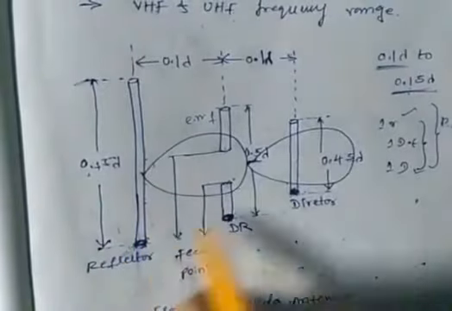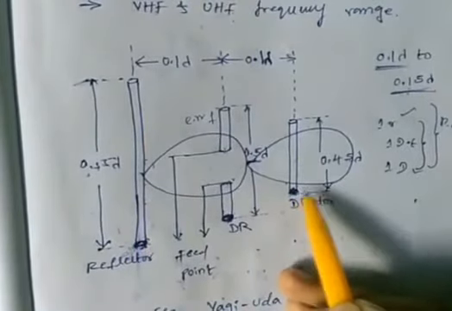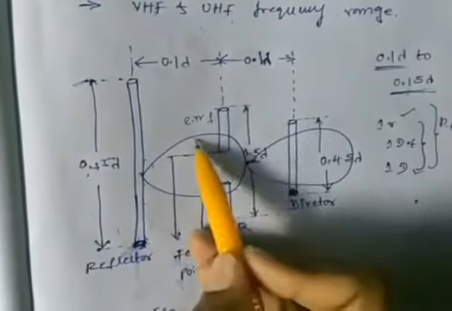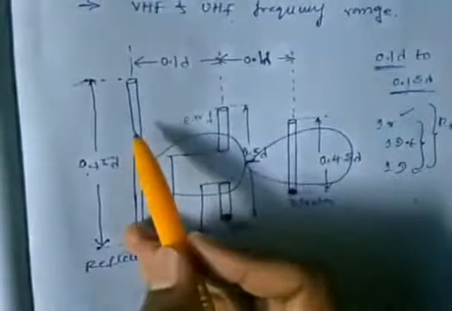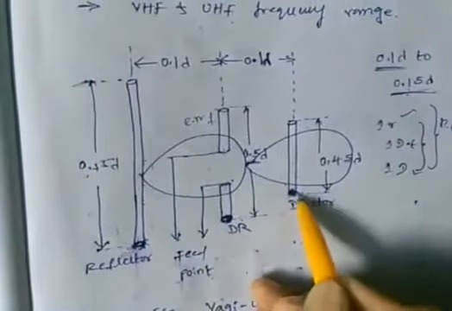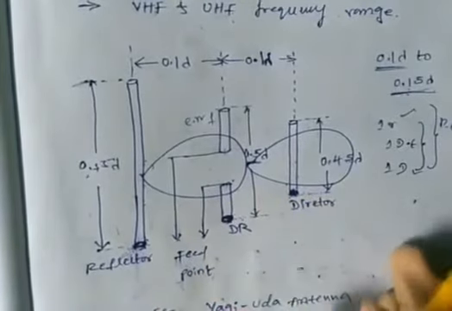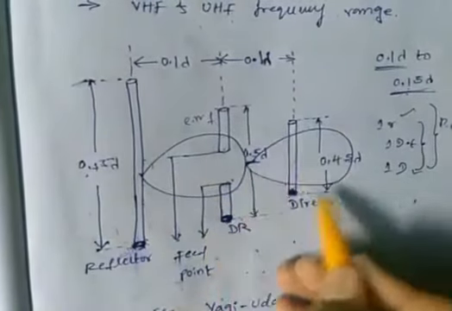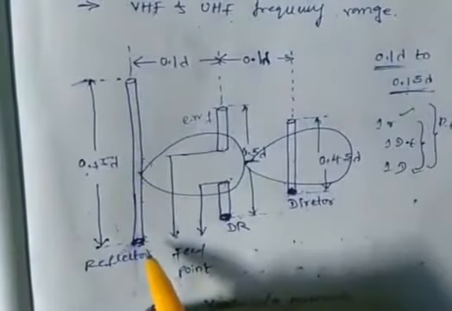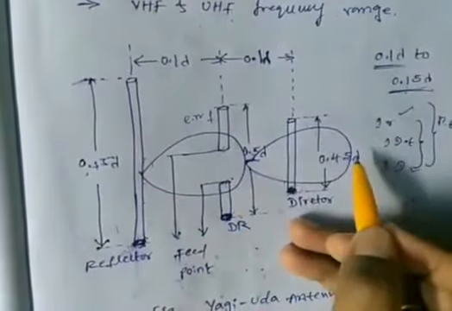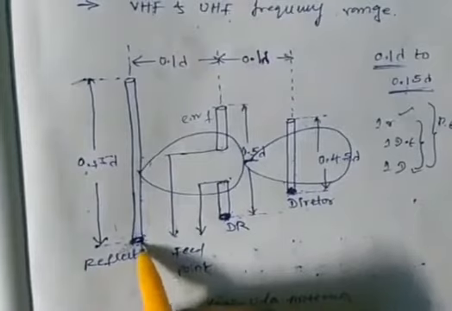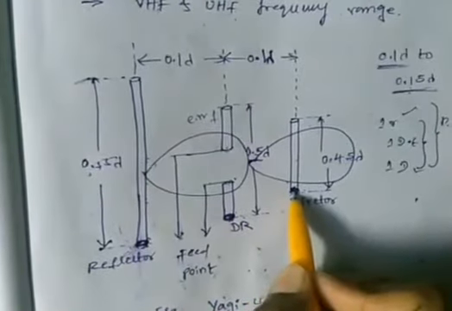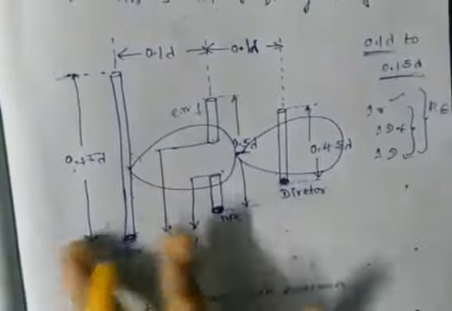In the reflector and director, the current flow exists due to the EMF of the driven element. That current's phase and magnitude depend on the length of the parasitic elements and the spacing between the antenna elements. The radiation pattern also depends on the length of the parasitic elements and the spacing between the elements in the Yagi-Uda antenna. And how do we decide the length of the reflector, the driven element, and the director? For deciding all the lengths of the elements, we have a few formulas.